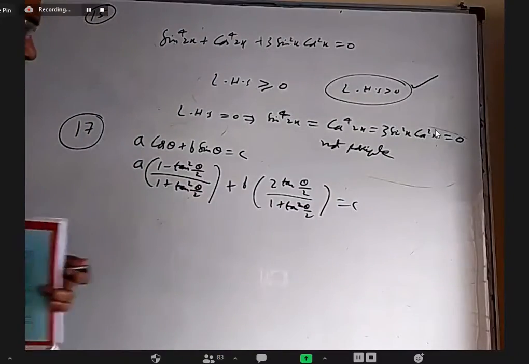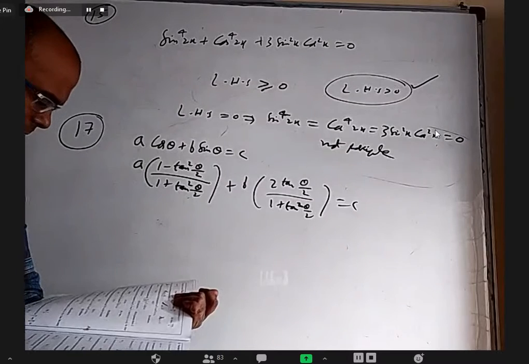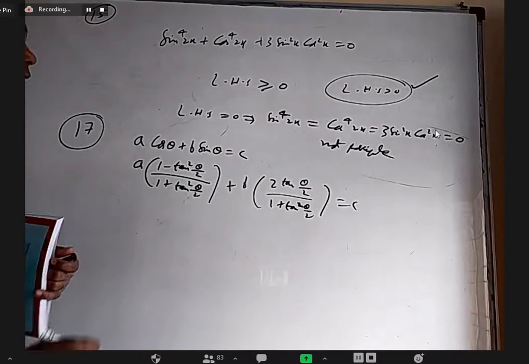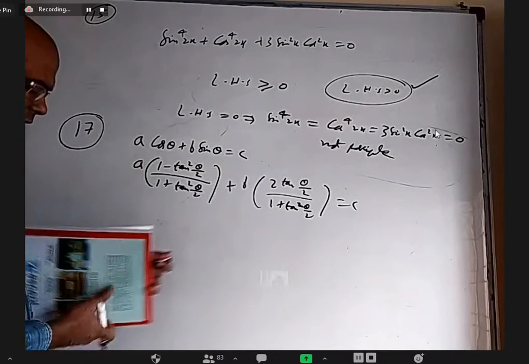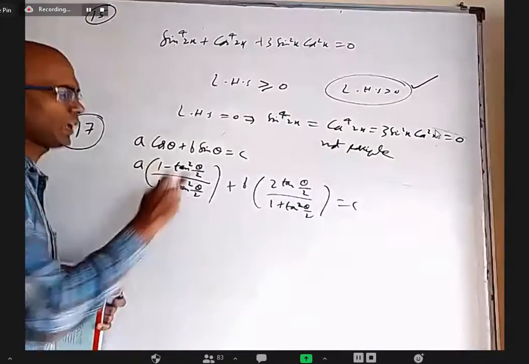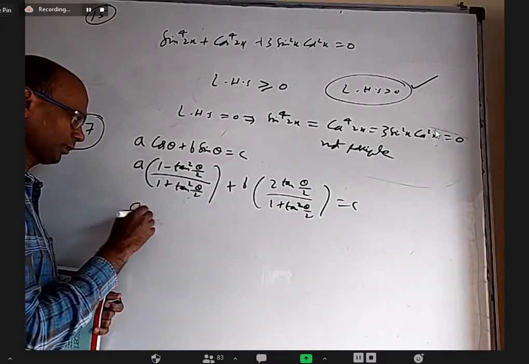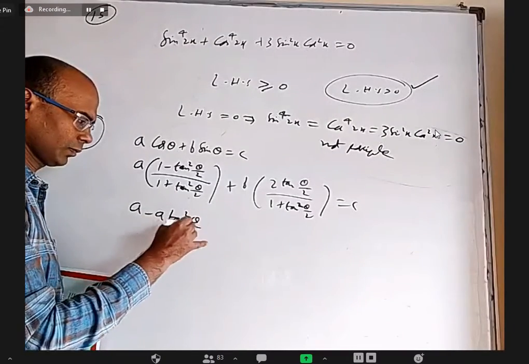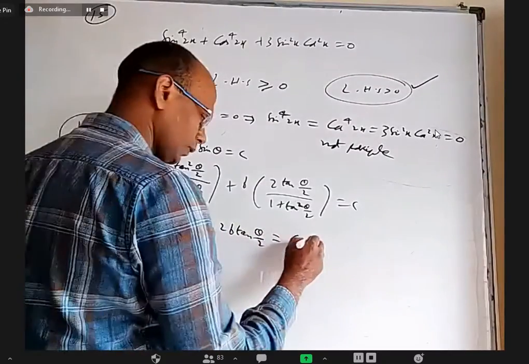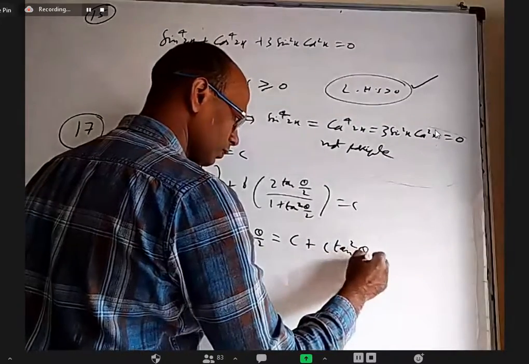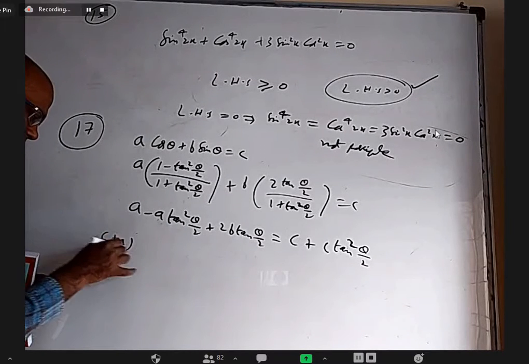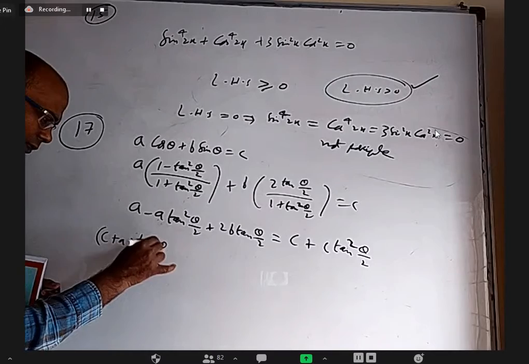I think this 17th question, the same question was done in the mains material. Okay. They wanted alpha beta roots of this equation. Okay. I wrote this in terms of tan, this in terms of tan, and the denominator that side. And we send everything to the other side, we get c plus a tan square theta by 2.